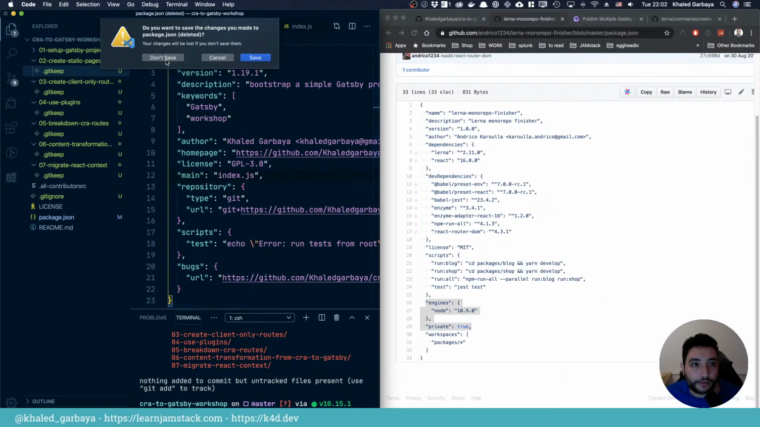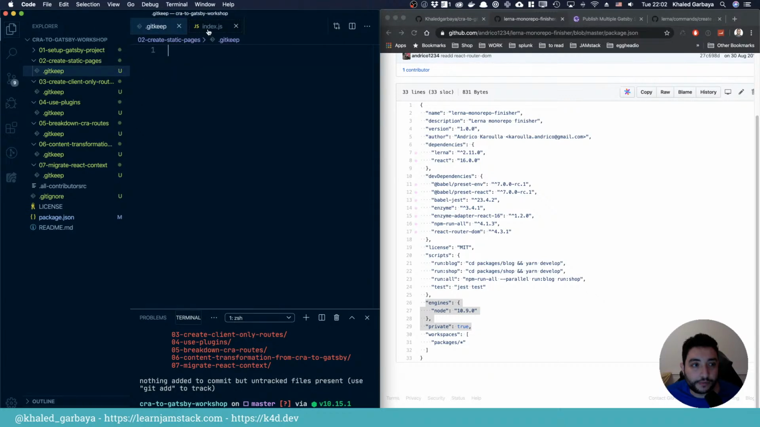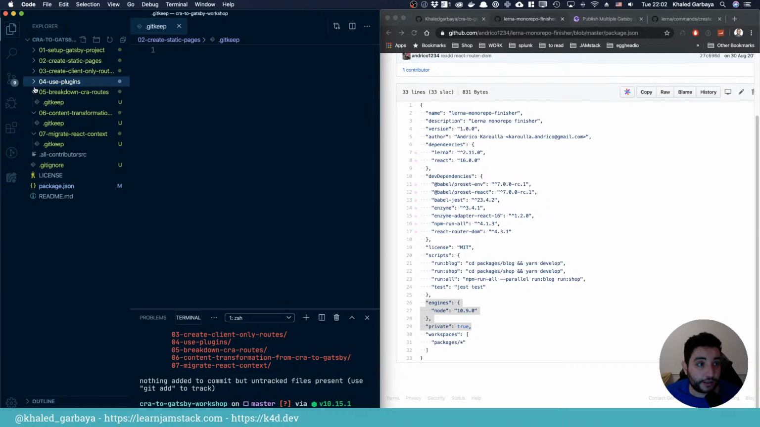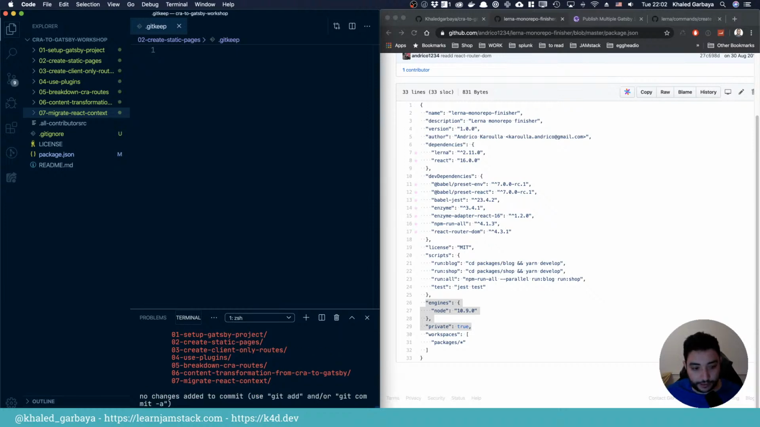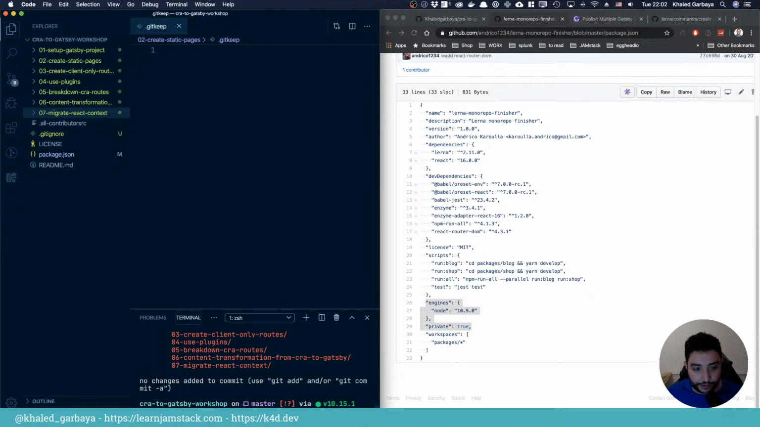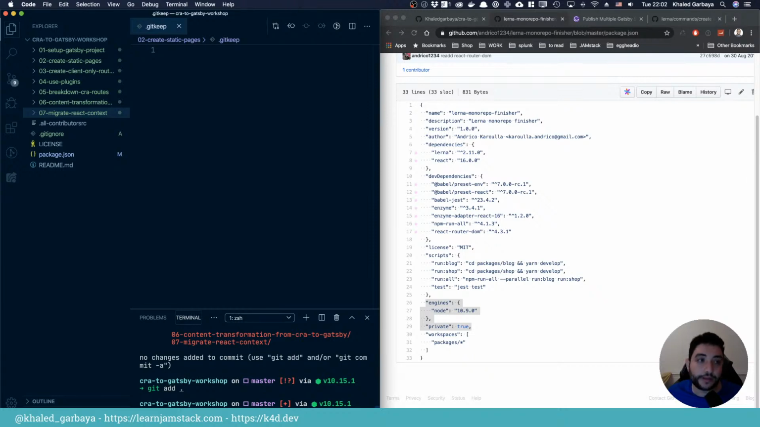Okay. Don't save. I don't think we still have that index anymore. Yeah. So let's see, git status. We have all of our folders, so we can do a git add all and then commit. And then here, what we're gonna do is